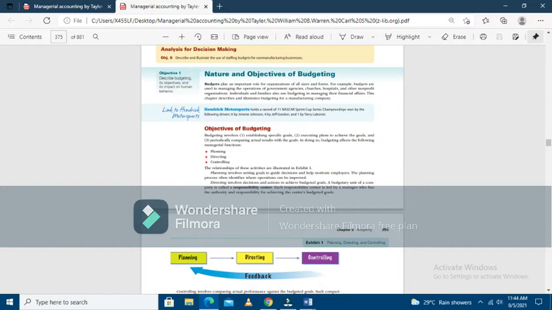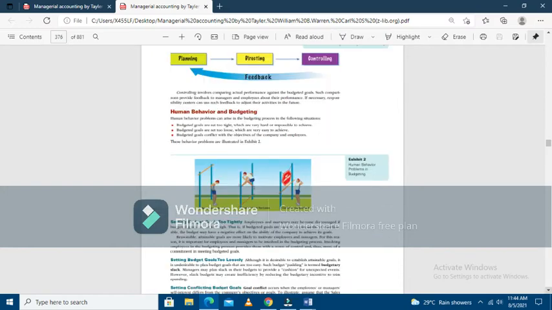Directing involves decisions and actions to achieve budgeted goals, while controlling involves yung pagbibigay ng feedback against the budgeted goals. So ito na po yung tinatawag na on planning, we establish the goals. On directing, we execute the plan of actions. And controlling, we evaluate the results